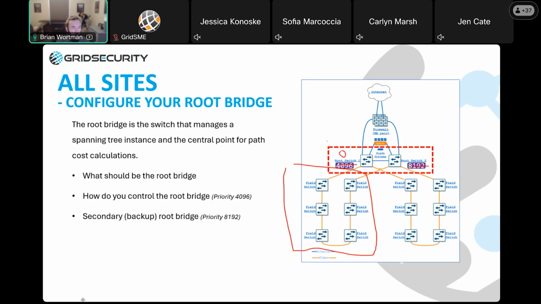But also do make sure you set your secondary root bridge. This can provide faster reconvergence in the event of a failure of that primary root bridge, because everybody already knows that something has this 8192 priority. So there's no question of what the next root bridge is if you've actually set that priority. It promotes consensus. Conflicts, where switches out in the field are still reading MAC addresses trying to figure out who's better, are avoided by just setting the priority.